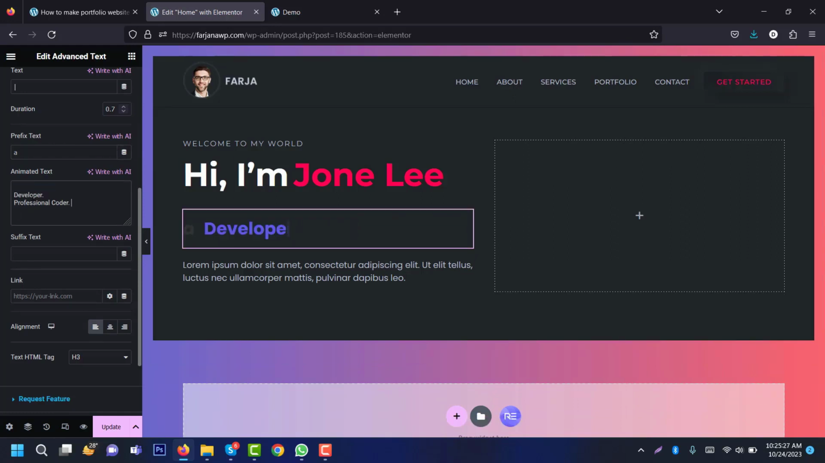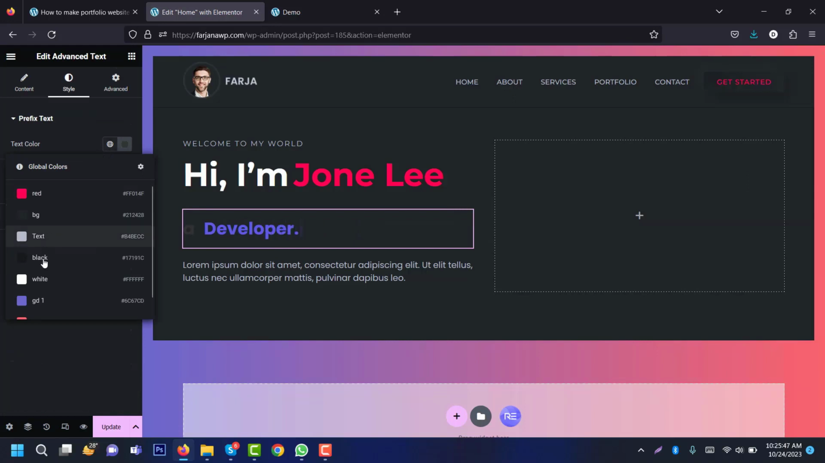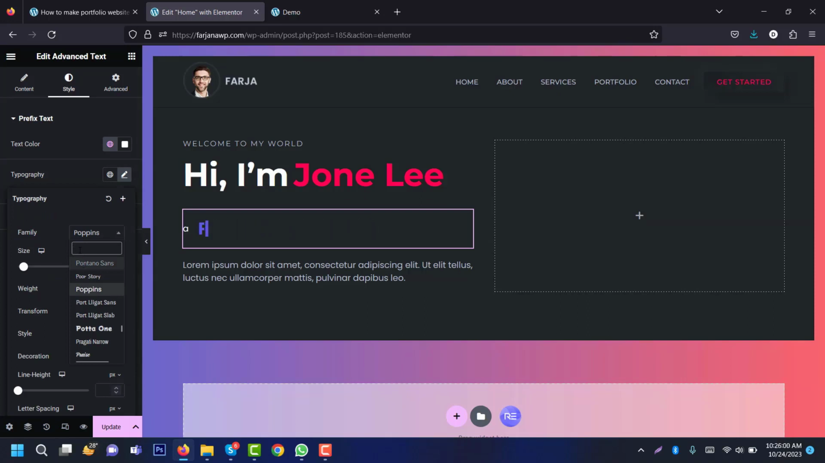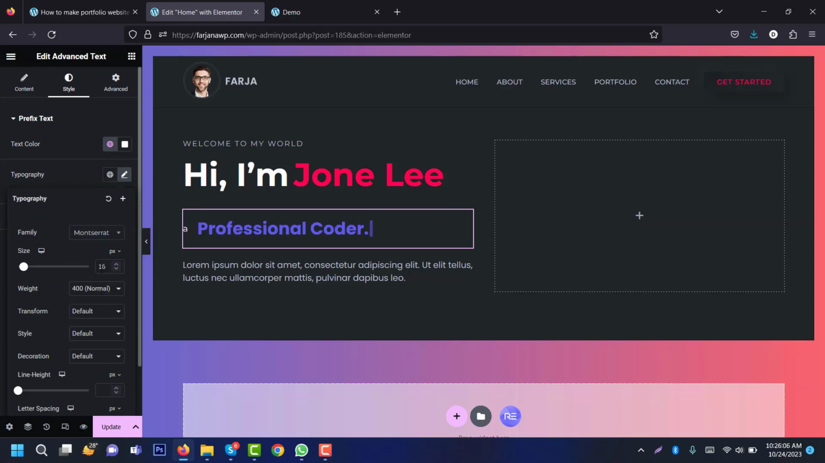so we can add text in a different line, so this is a 2-line text and animation will work with this text. Now going to style, prefix text, we can change the color to white, and typography, changing the font family to Montserrat, and we can increase the font size, I'm making it 48, and font weight we can make it semi bold, and also we can set line height with the text 1 em,